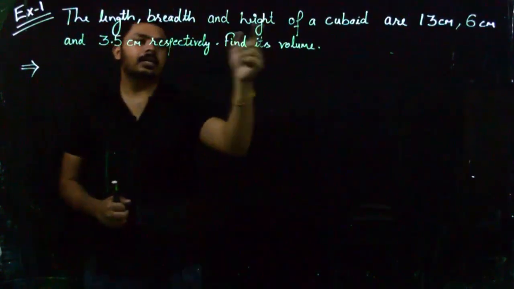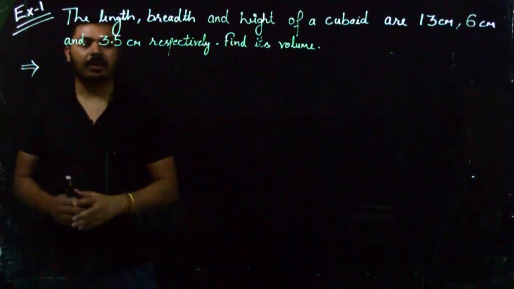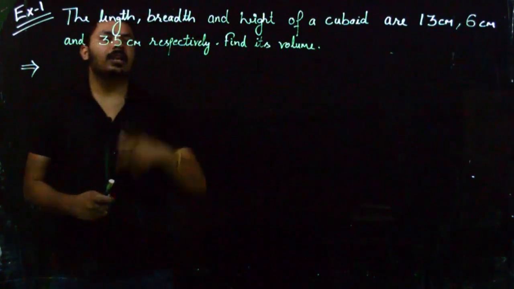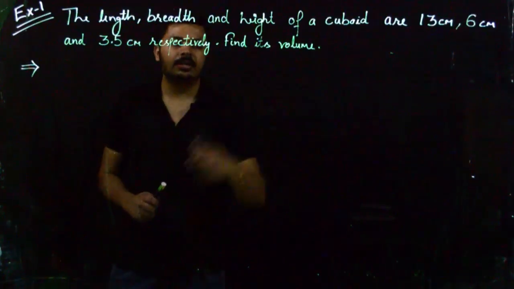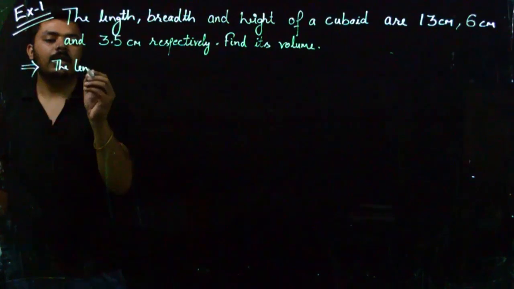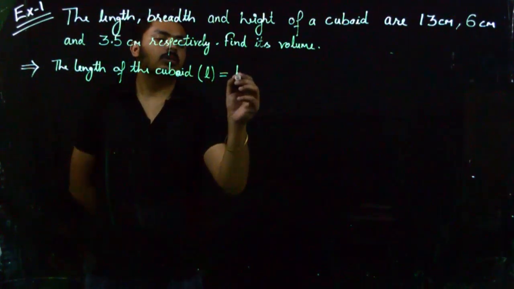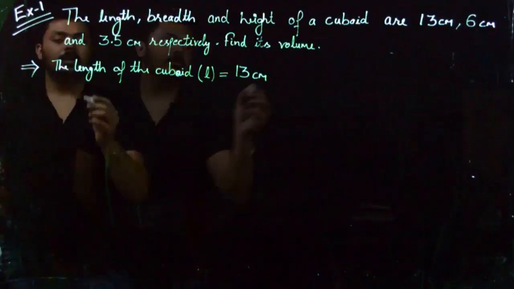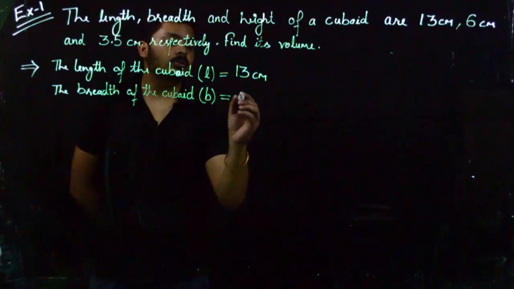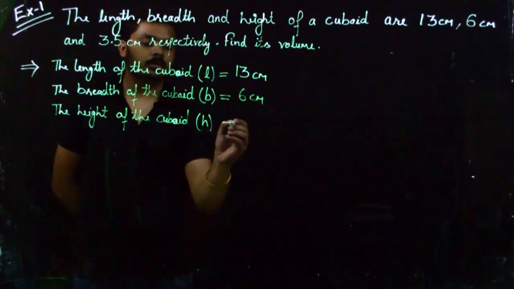The length, breadth and height of a cuboid are 13 cm, 6 cm and 3.5 cm respectively. Find its volume. So here we are given length, breadth and height and we have to find the volume. So let's start by writing the length. The length of the cuboid L is equal to 13 centimeter and the breadth of the cuboid B is equal to 6 centimeter. Height of the cuboid H is equal to